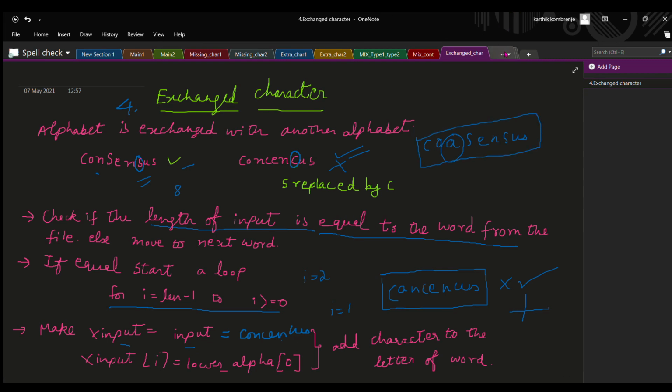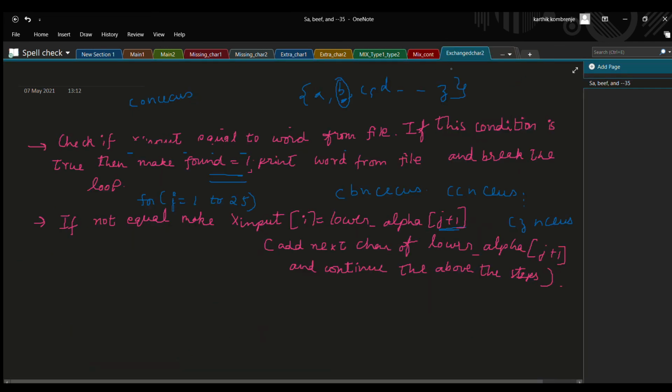If this is not present, again it will go to this loop, and it will make the next word.